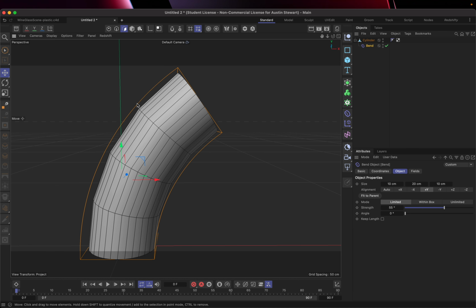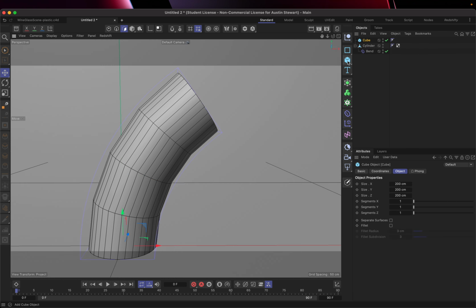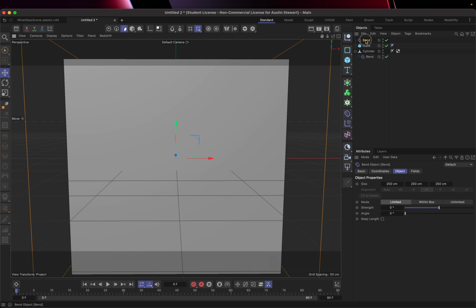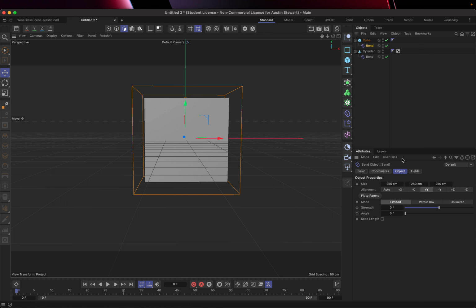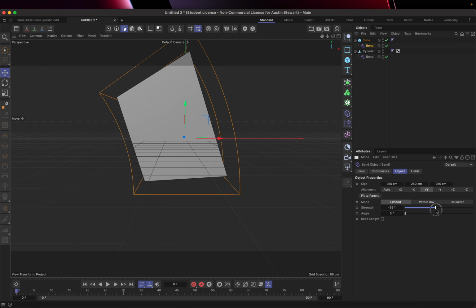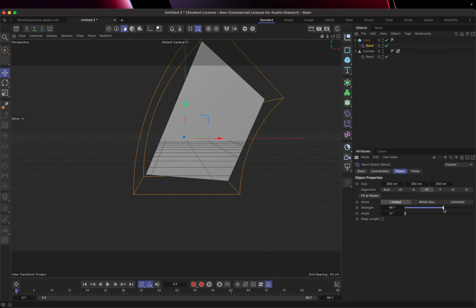But I want you to note that if you try and bend something with no cuts, like if I was to create a cube really quick and create another bend deformer and put this on the cube, and then try to bend my cube, you'll see that it's not really bending. It's more like it's warping it in one way or another. And that's